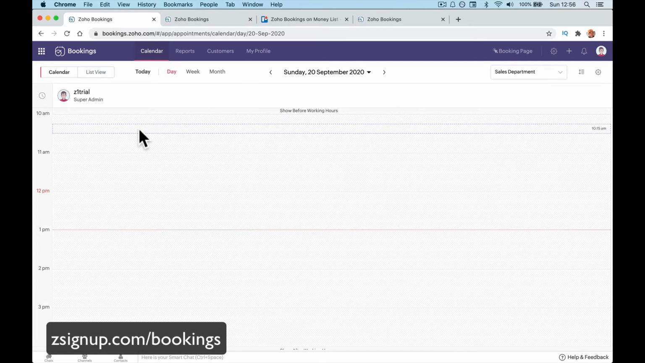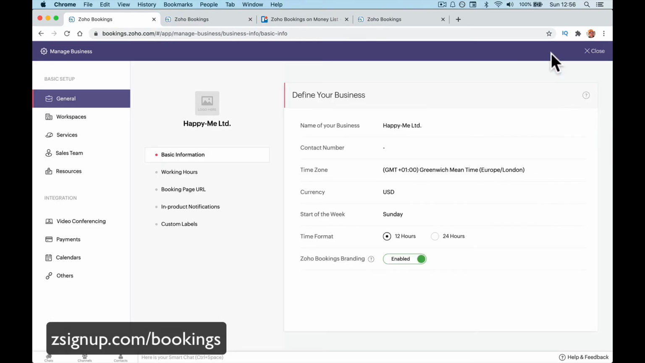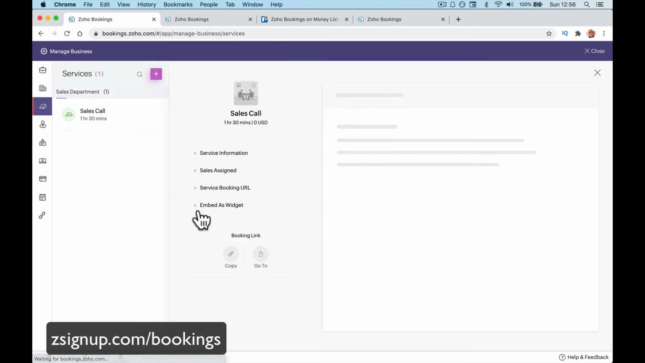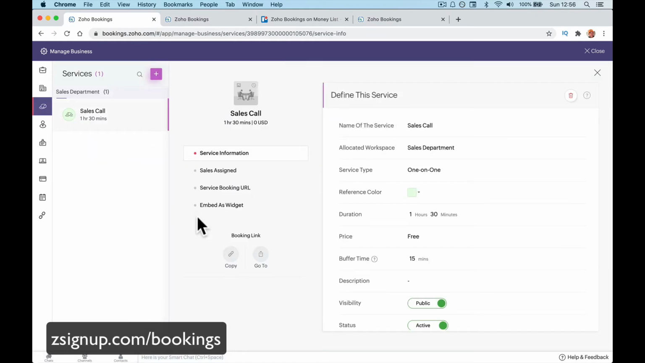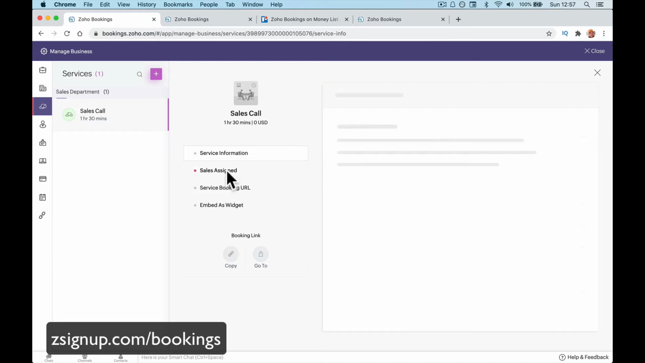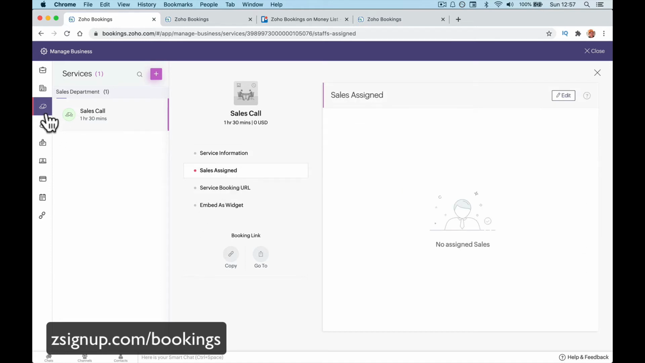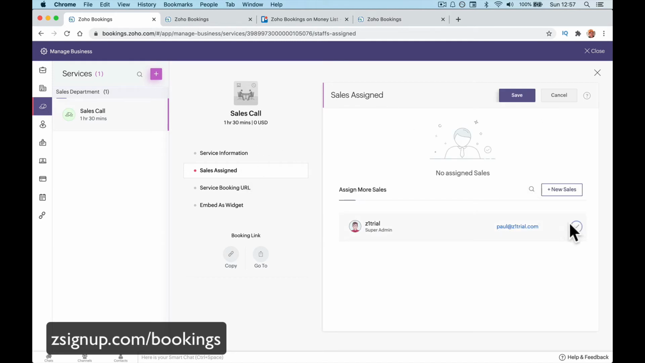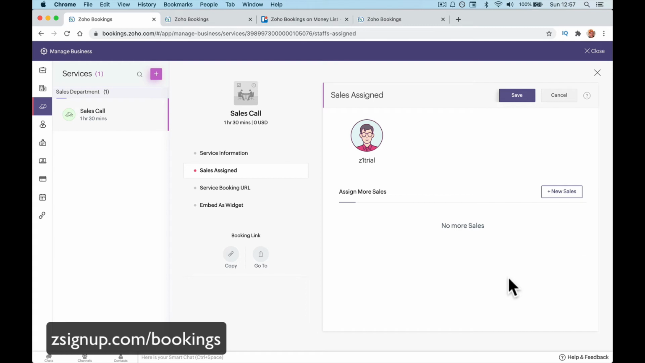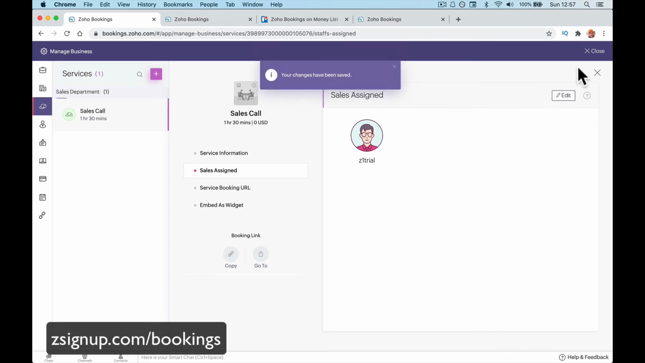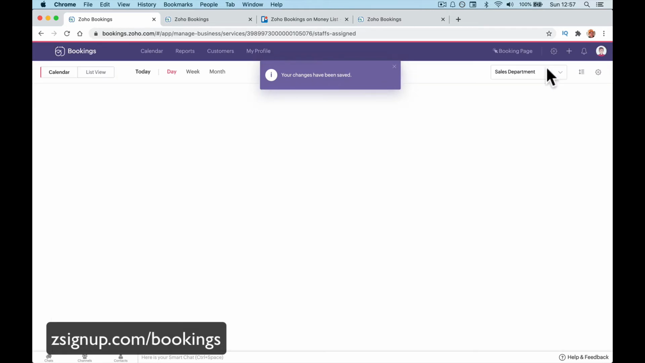Oh, sorry, there is a quick add-on to do. When you go to your services, you need to tell it which salesperson can use it, or which team member can be assigned that service. So if you go to services at the top here, go to sales assigned and edit, and then tick whoever is allowed. Save that, and then when you go to your bookings page now,